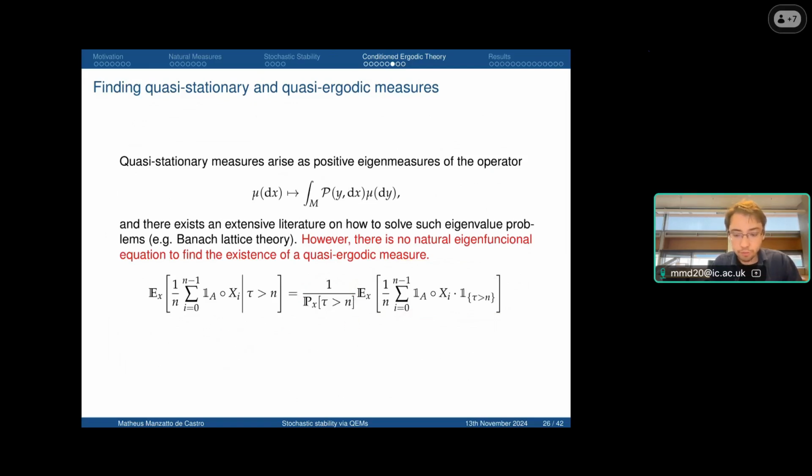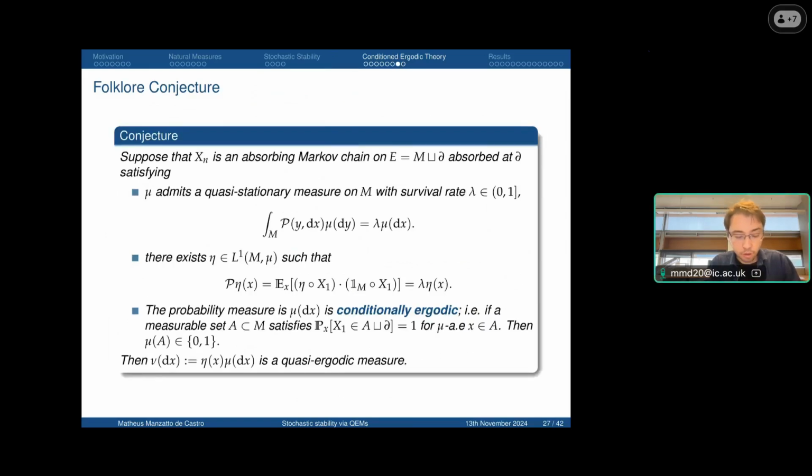However, there is some hope, because there is a conjecture, a folklore conjecture. I'm calling it a folklore conjecture because it's not stated by anyone. However, if you look in the literature, a lot of papers try to show this type of result. The conjecture is basically that what happens in the discrete state space would be happening in general. So if you have some X_n, which is an absorbing Markov chain here, observed at the boundary,